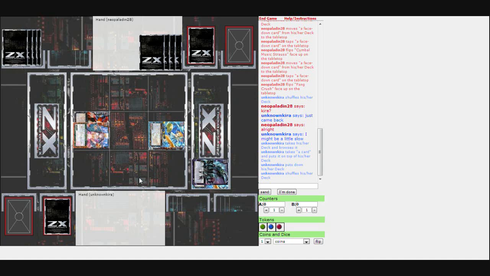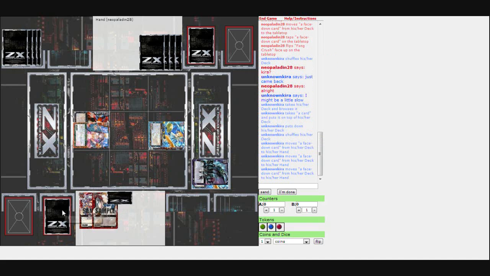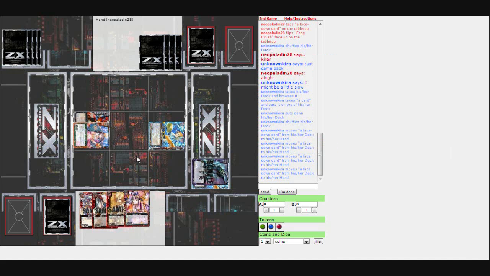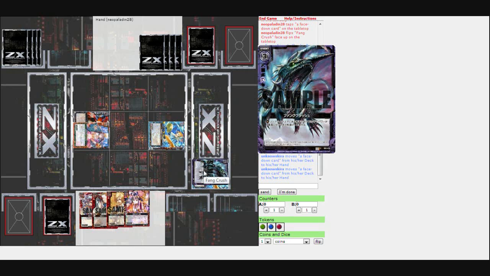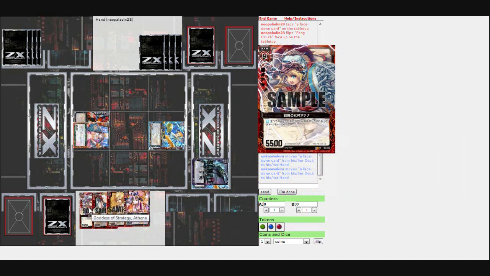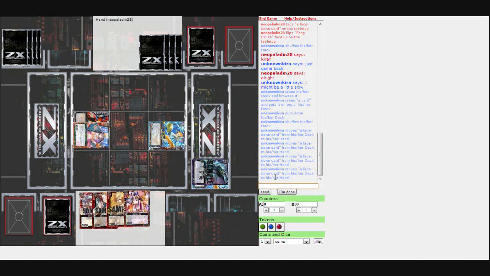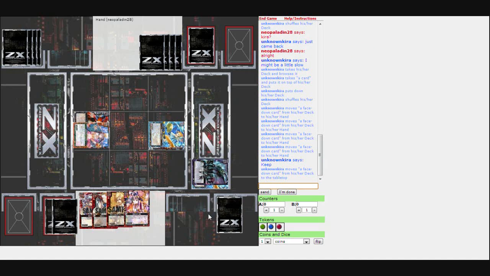So each player starts with 4 in their hand. 1, 2, 3, and 4. I'm playing red, color red. There is, I think, 5 colors. My opponent is Neo, and he's using blue and black. Although it's purple, it's a black. Let's see. I think my hand is okay, so I'll keep 2. And then after that, you move the top 4 cards to your